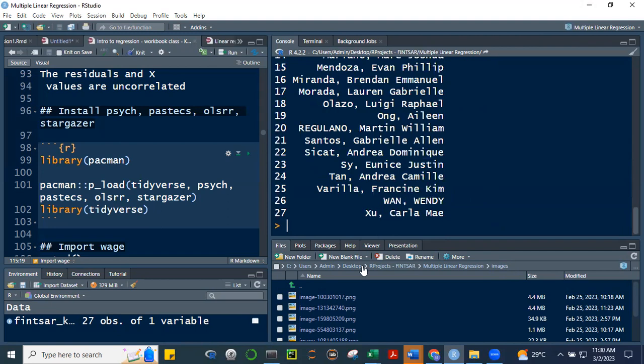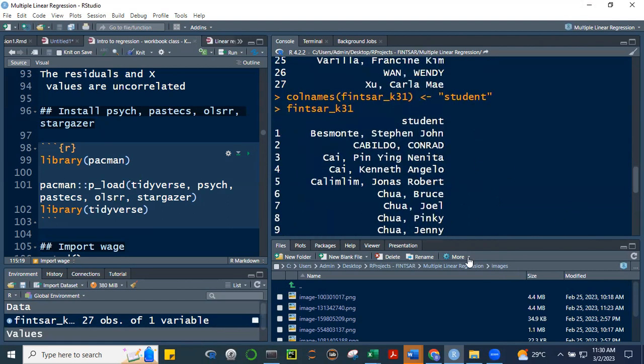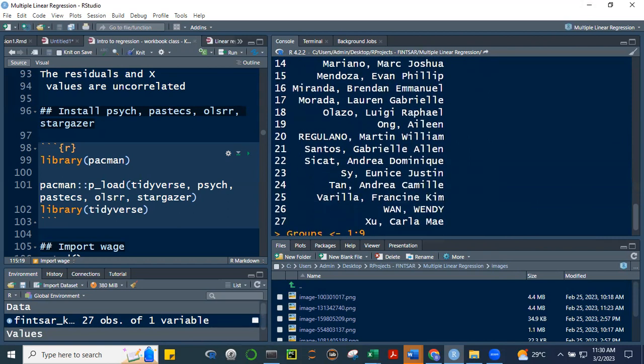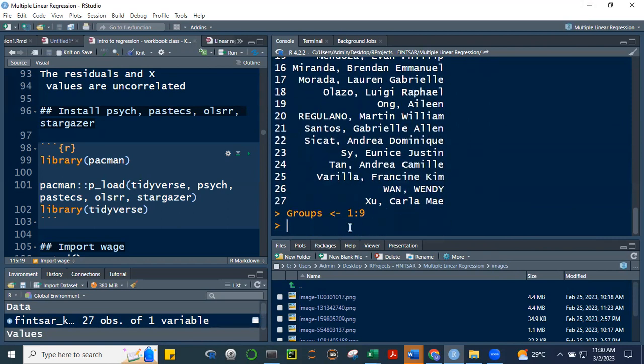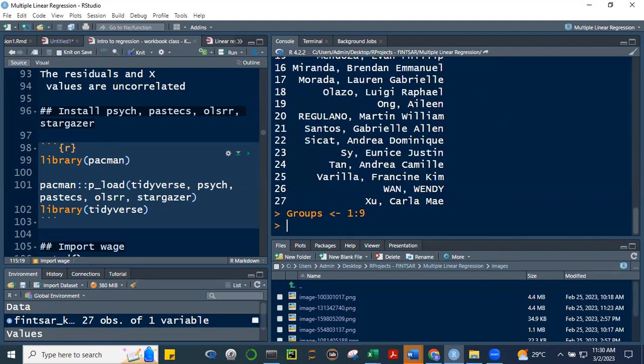And then I'm going to create groups. So for your 27, what I'll do is, our groups will be from 1 to 9, okay? And then I'll assign you to groups here. I'll not show that now, next time, because we're running out of time. I just wanted to show you that I'll be creating a sample. I'll assign the groups 1 to 9 here. So this is random, so it's really randomized. I just wanted to illustrate that.